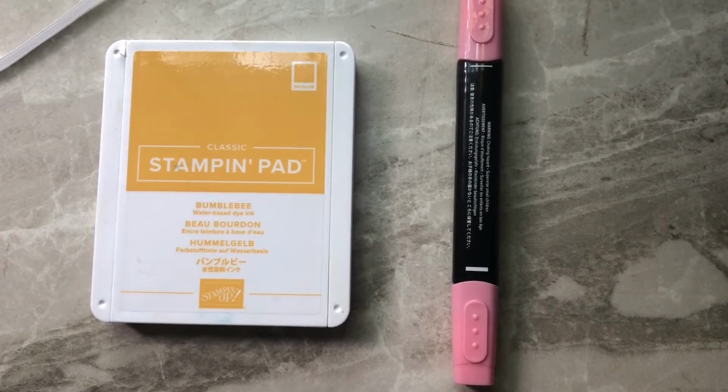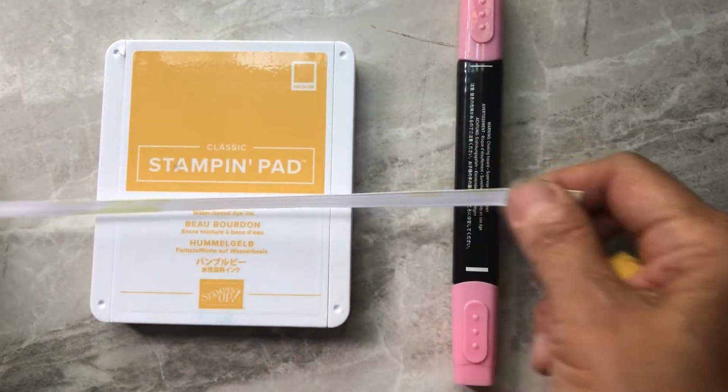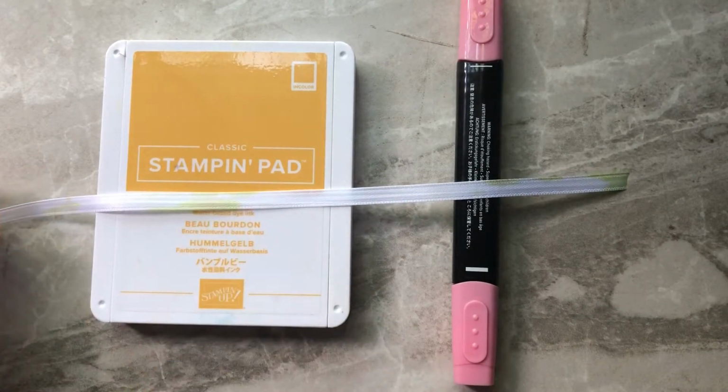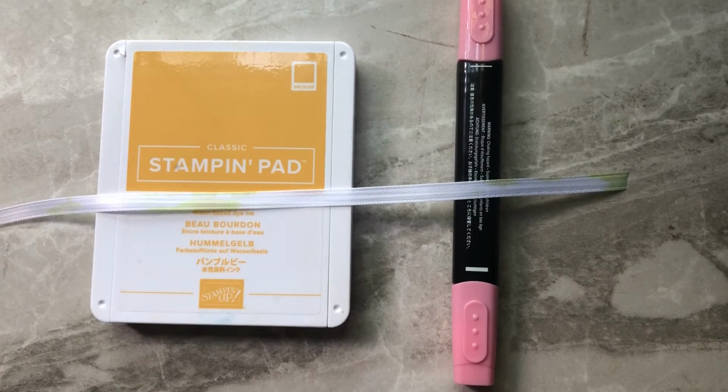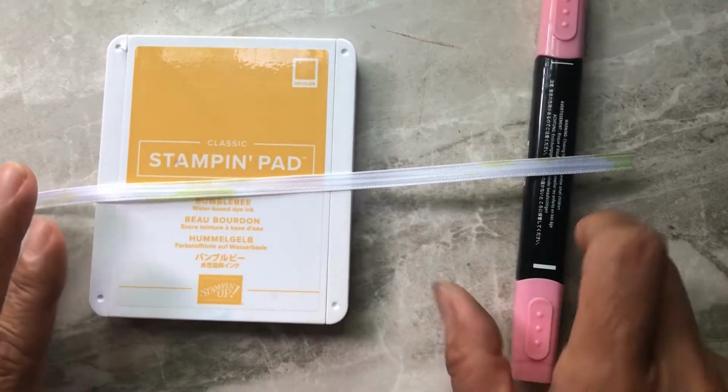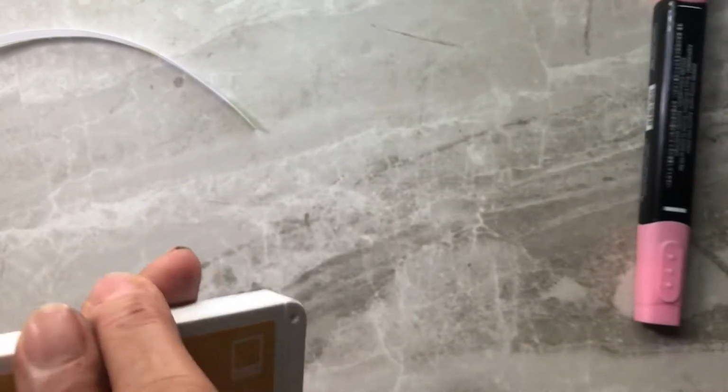There are 3 different ways I'm going to show you to dye ribbon, and you're just going to use any basic white ribbon that you can find. You can see I've dyed something there and I just didn't cut it off. Stampin' Up! has lovely ribbon and open weaves and sheers and metallics and ginghams and polka dots, but sometimes they don't have the exact color that I want for my project. So I just use the actual ink pads or the Stampin' Blends